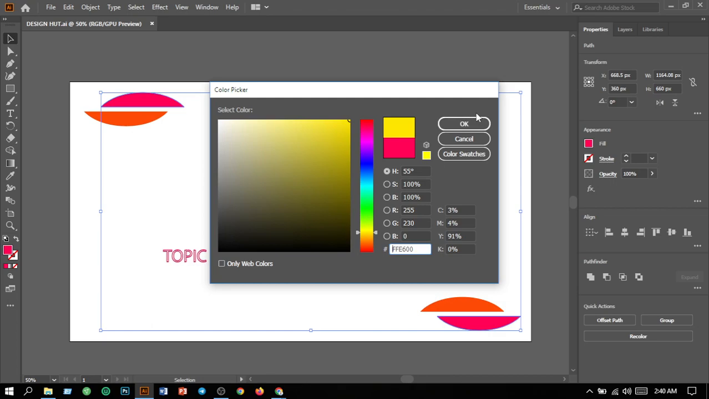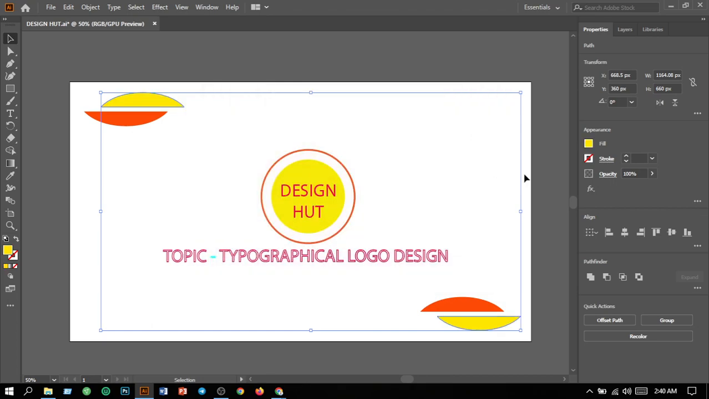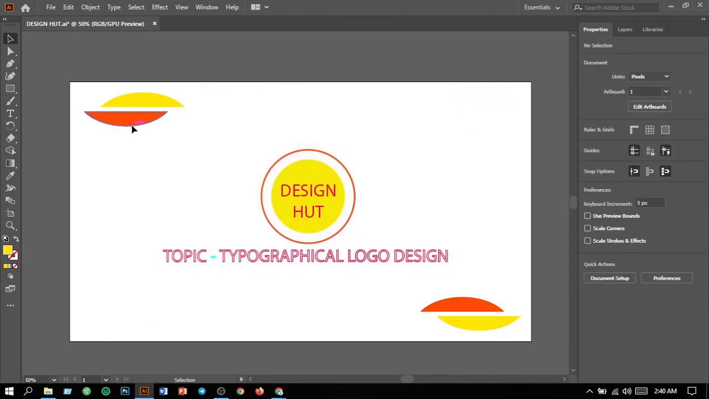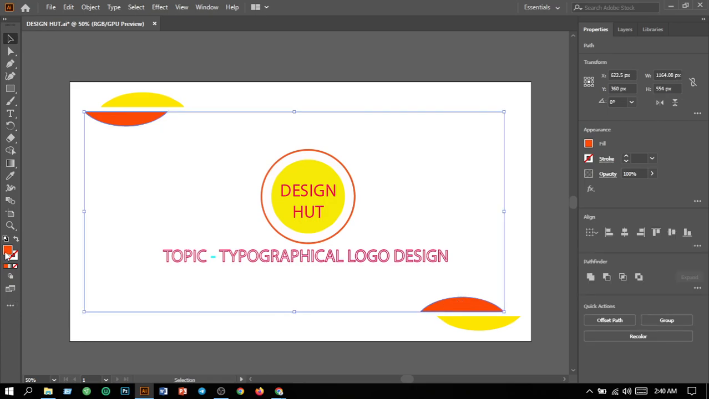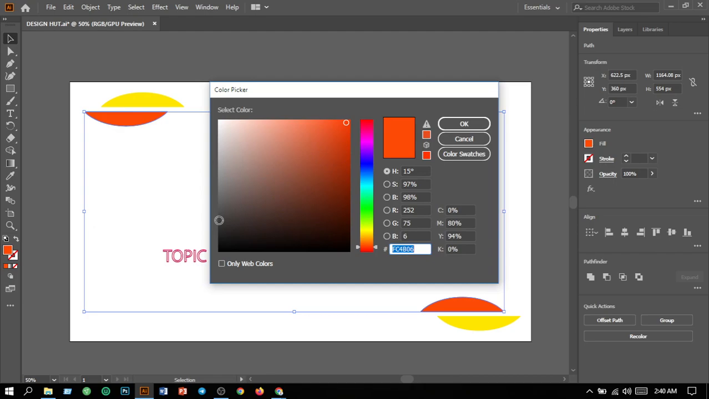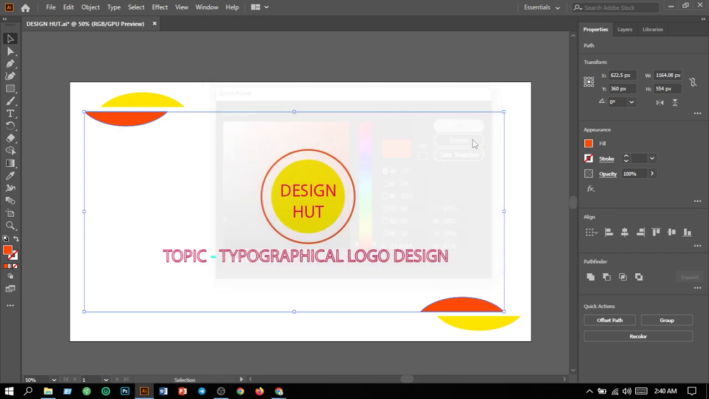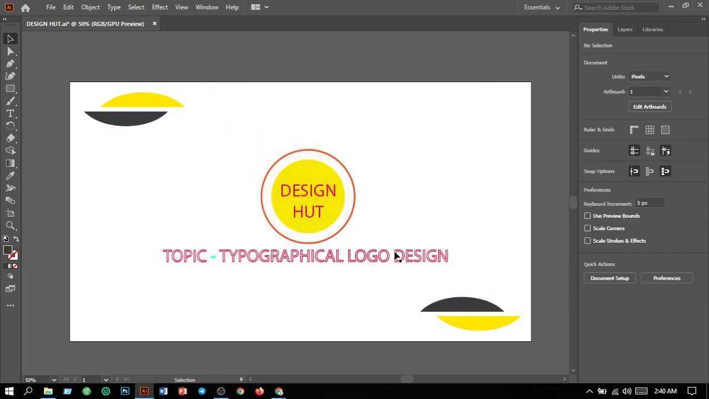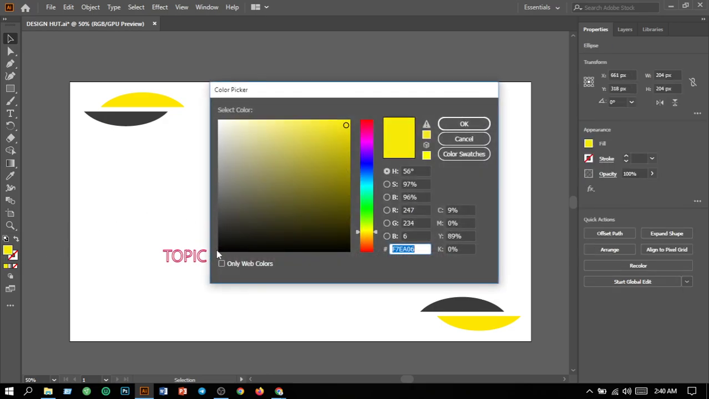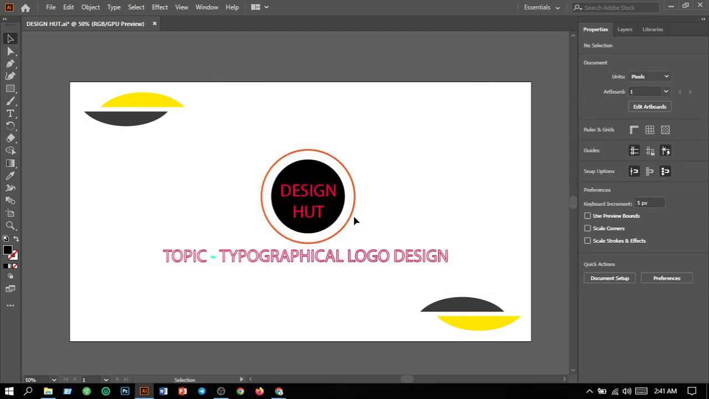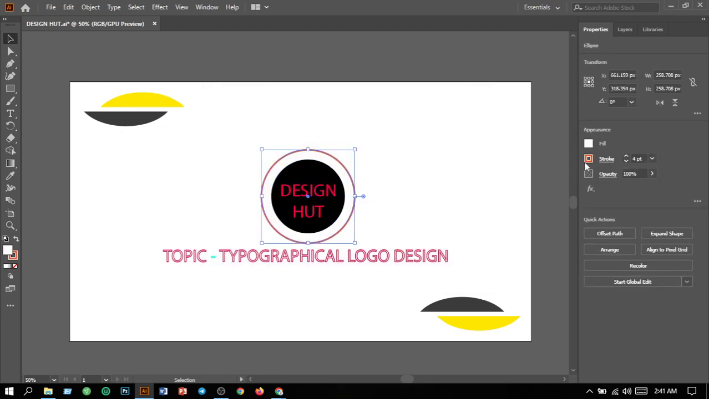yellow. I will take it yellow. Then I will make it. I will take it here deeper gray. So take it deeper gray. Then I will change this color and its color should be the black, and this color should be the